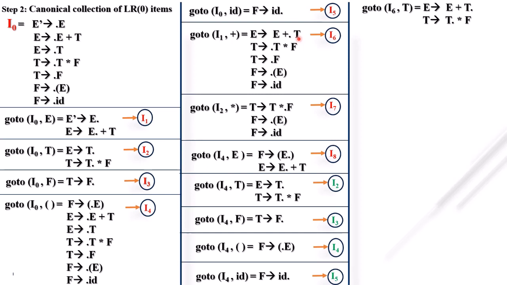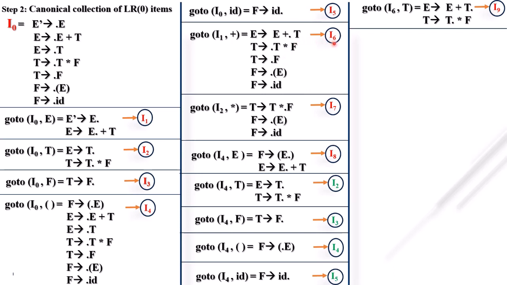What we get, there are two T productions with the dot preceding. So we have to perform go to operation in these two productions. We have to shift this dot here and this dot here. So we get E tends to E plus T dot, T tends to T dot star F. Is it anywhere? No, this is completely new. So we have to give a name I9, because I8 is here, directly I9. Okay, I6 of T is completed.